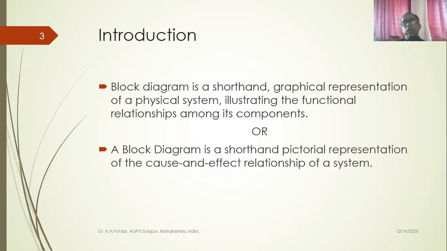So for that purpose, the control systems of big plants, big processing industries, are put on a piece of paper in the form of blocks. So the plant is put inside a block that is drawn and it is written there as a furnace. And this is the physical description of the layout. Going further, we connect all these blocks together. We identify what will be the input to the plant and what is going to be the output of the plant. So that sort of representation is called the block diagram representation.